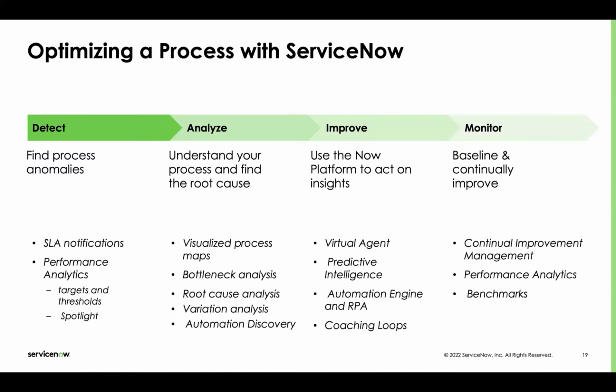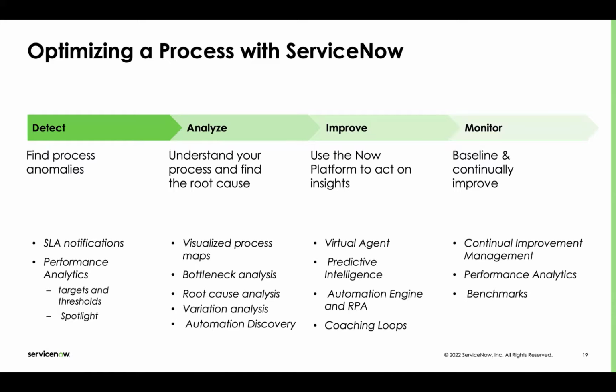And then you move into the analyze phase, which is really where process optimization dominates. It's going to give you things like a visualized process map, things like bottleneck and root cause and variation analysis. And then you've got an integration with automation discovery for those of you using ITSM to help you identify where automation opportunities might exist within the data that you mine. And once you find those opportunities to improve, the rest of the platform is there to help you